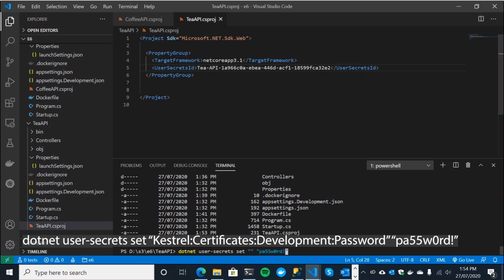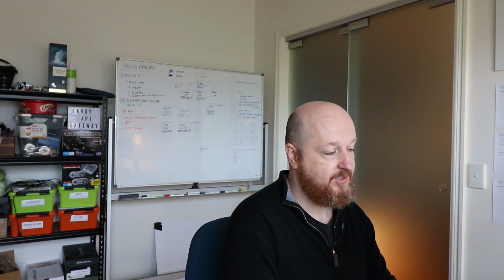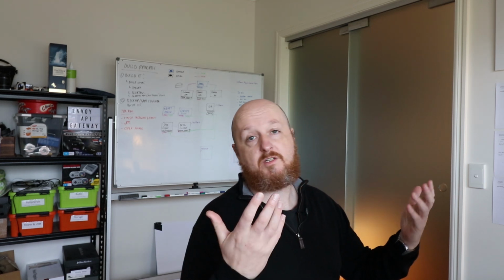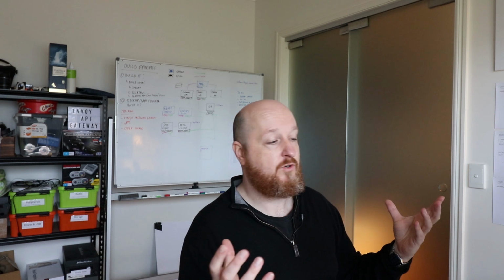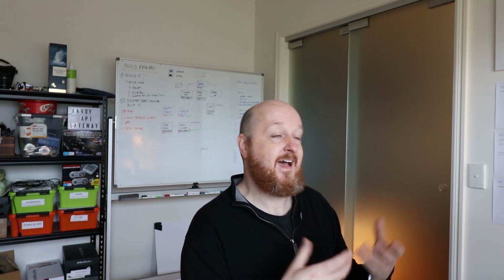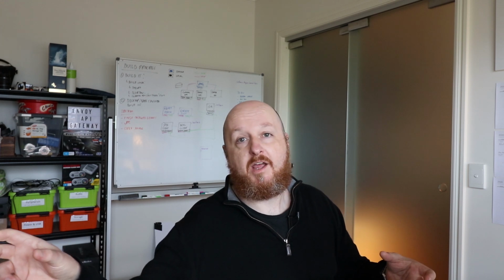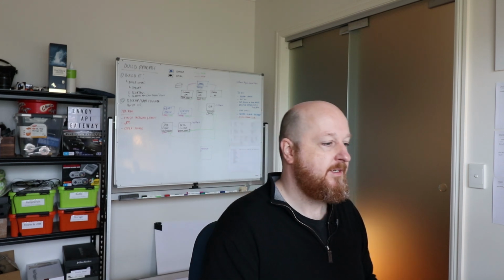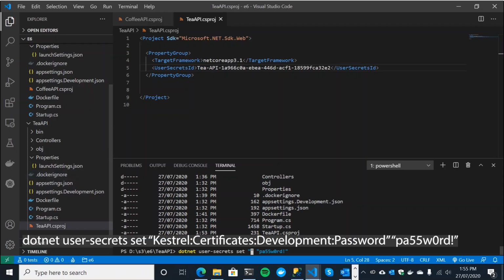PASSWORD. Now, insofar as the key is concerned, we can provide something that's quite cool. It's almost like a path that Kestrel understands. When you pass it in via user secrets or any of the config sources you have in .NET Core, it will know absolutely what the value is in relation to. So you don't need to mess around with coding in that this is the password for our development certificate, by providing a very clear, obvious key path like this.